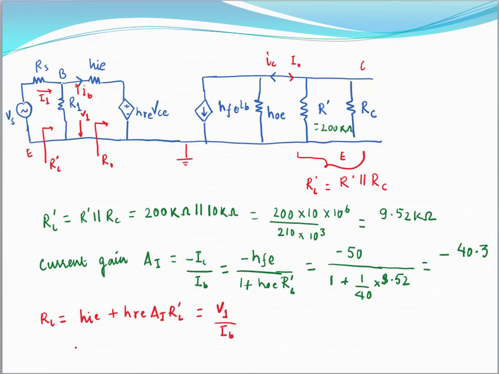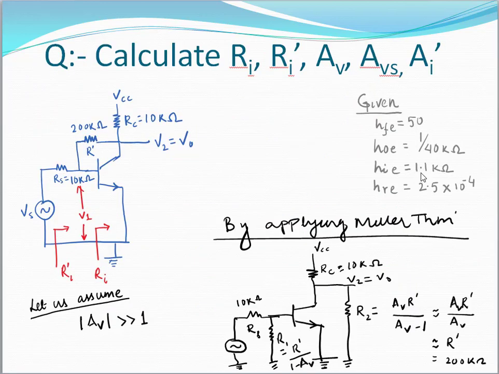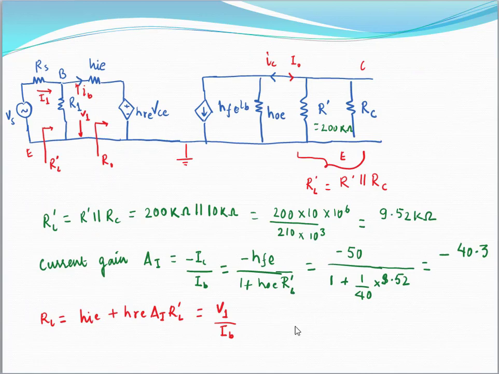We know about this, so let's put the value of HI. HI is, I think, around 1.1 kilo ohm. So HI is here the 1.1 kilo ohm, and HRE is equal to 2.5 into 10 to the power minus 4, and we have already calculated the value of AI is around minus 40.3, and RL dash we have also already calculated, that is 9.52. So once we put this value here,